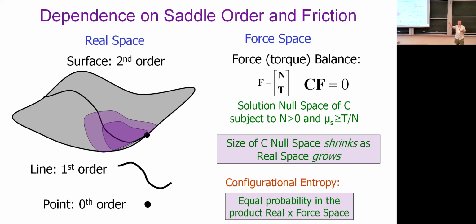So when there's 3 contacts per particle, the only way to stabilize it is to use all of the normal and all the tangential forces. And there's only one solution. There's only one solution. Now on top of this dimensional hierarchy that we have, there's another consideration, and that is